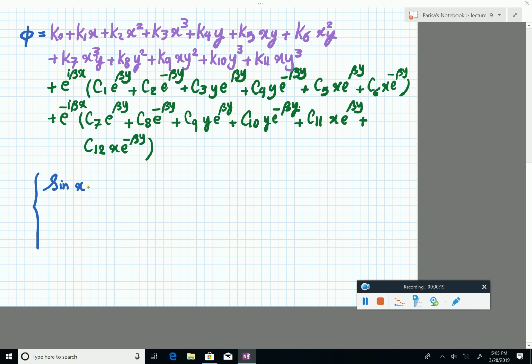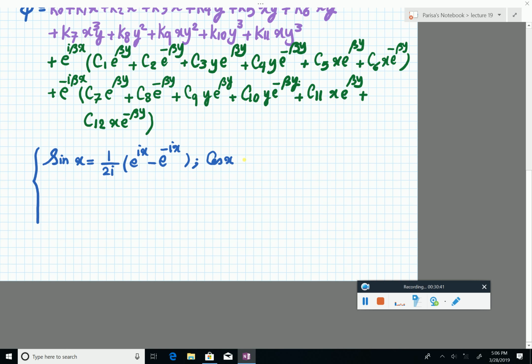So if you take the solution and you use these identities, which I believe you are familiar with, then you may see the solution in